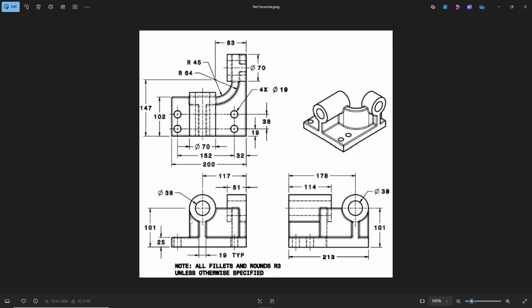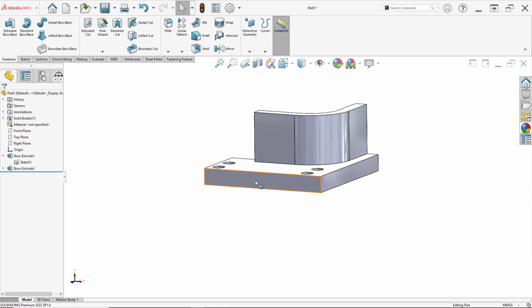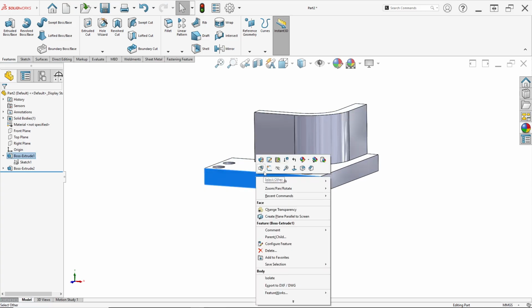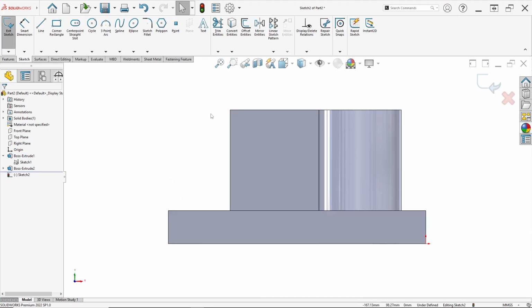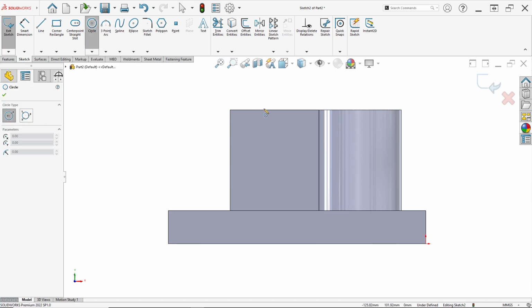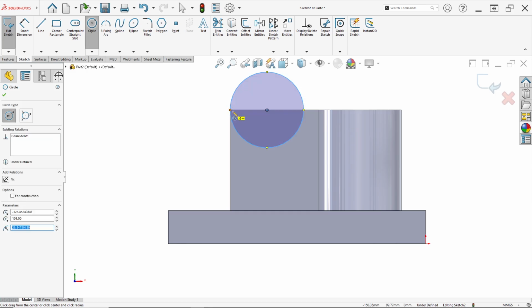And we can see from the front view that here we need to make a cylinder. So right click on this face or surface and click sketch. Now we can draw a circle from this edge until this point, this edge.